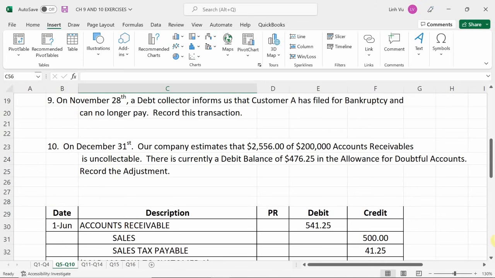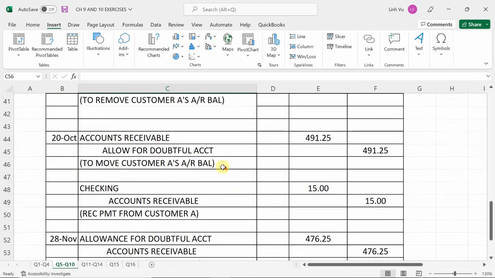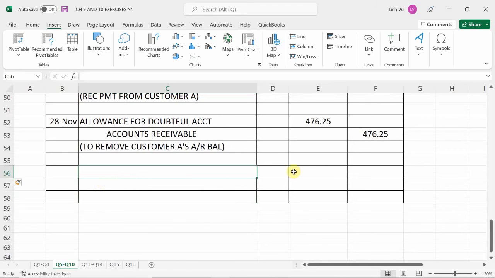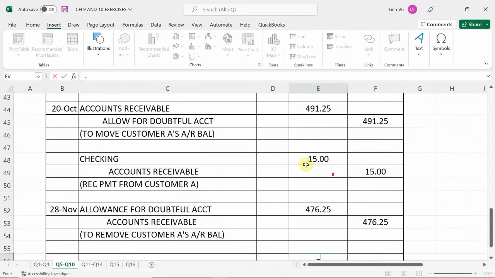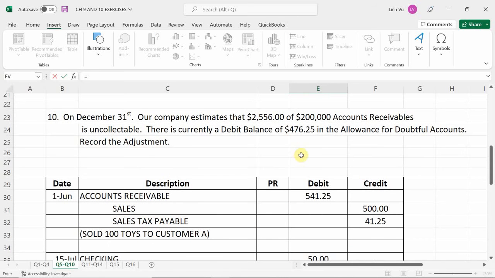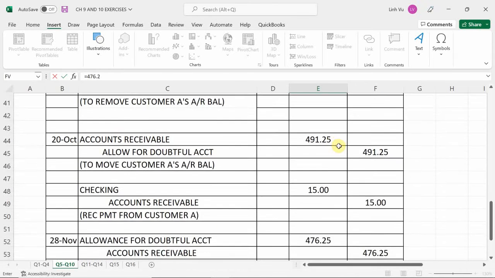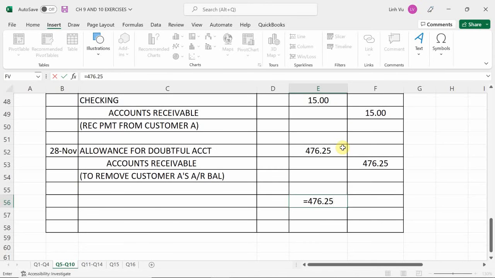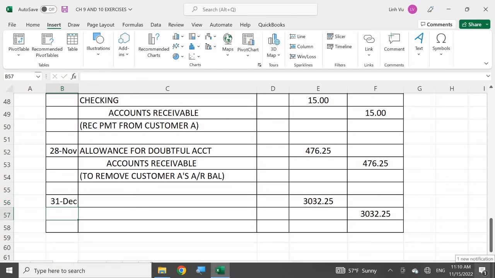So whatever $476 is, 476.25 plus 2,556. It's going to give you a total of $3,032.25. And because it's the end of the year and it's an estimated amount,